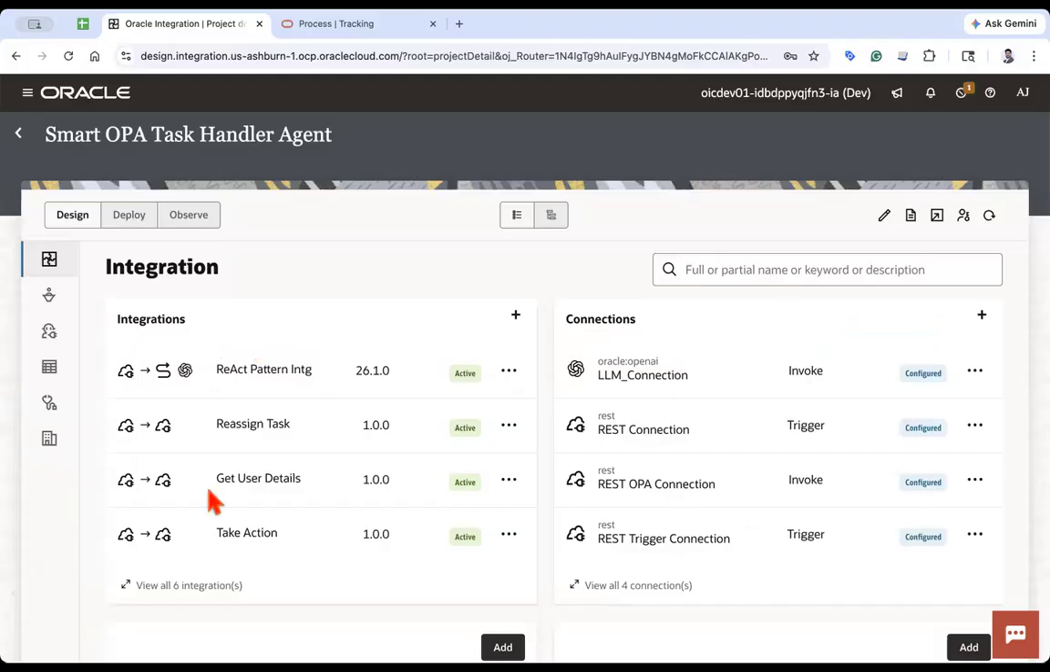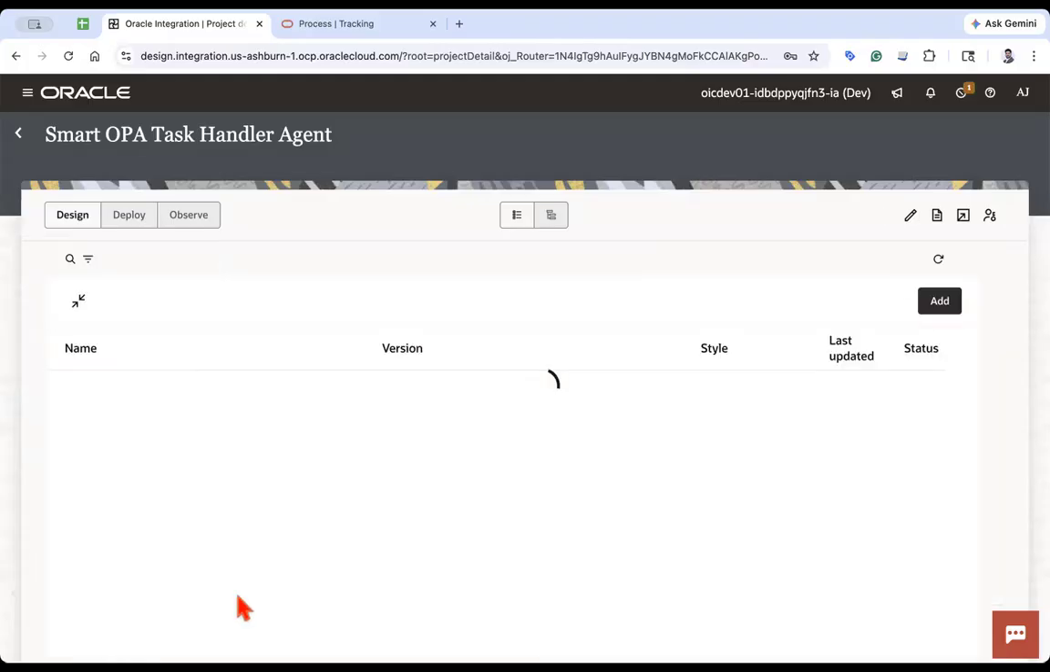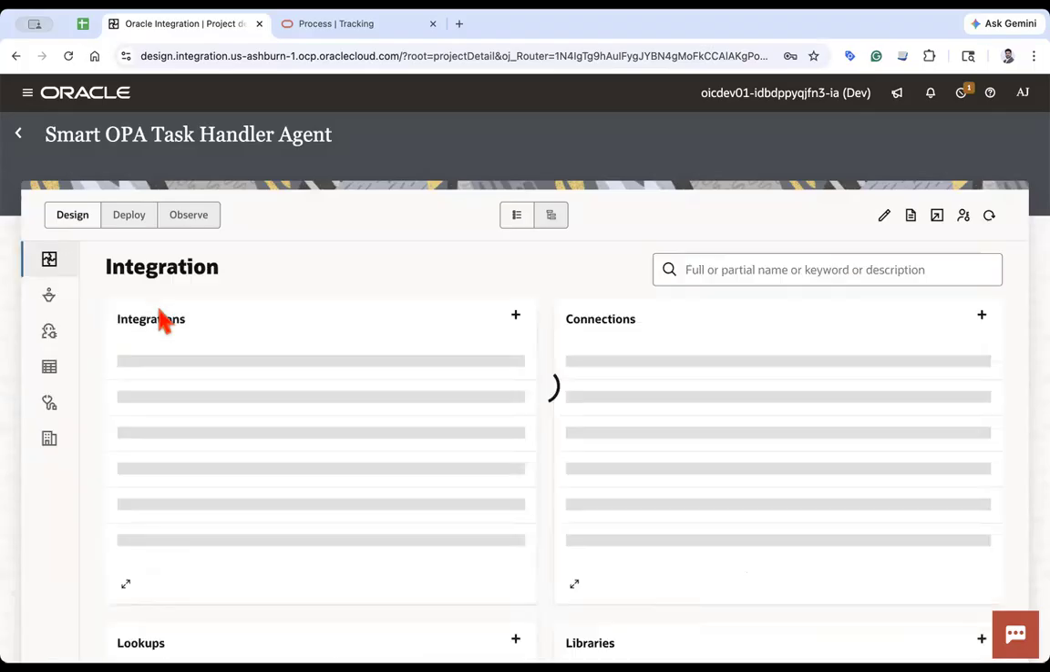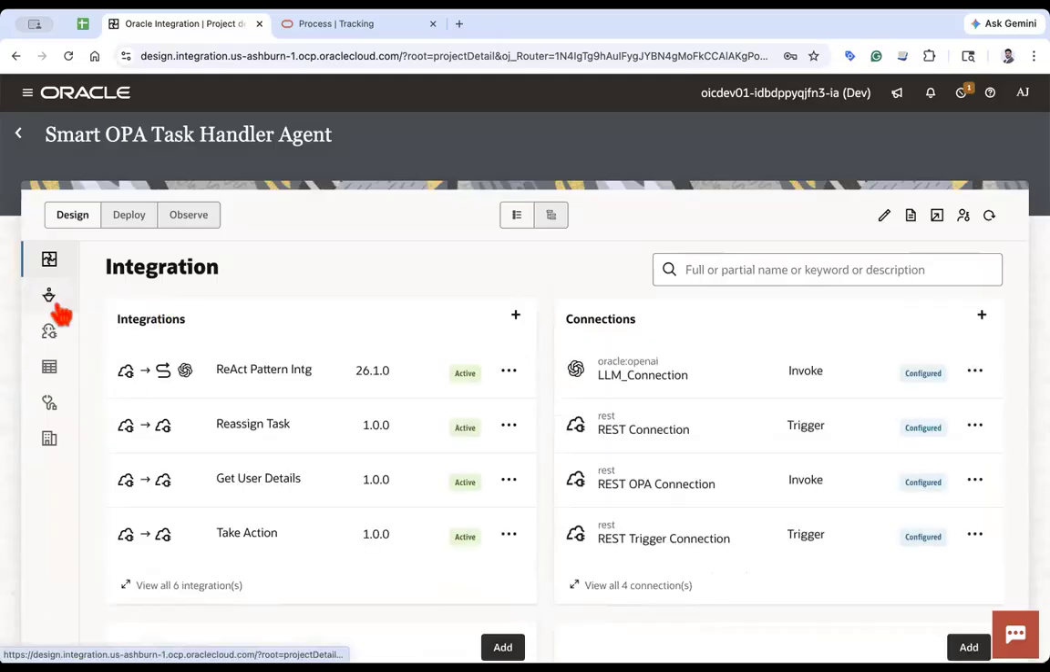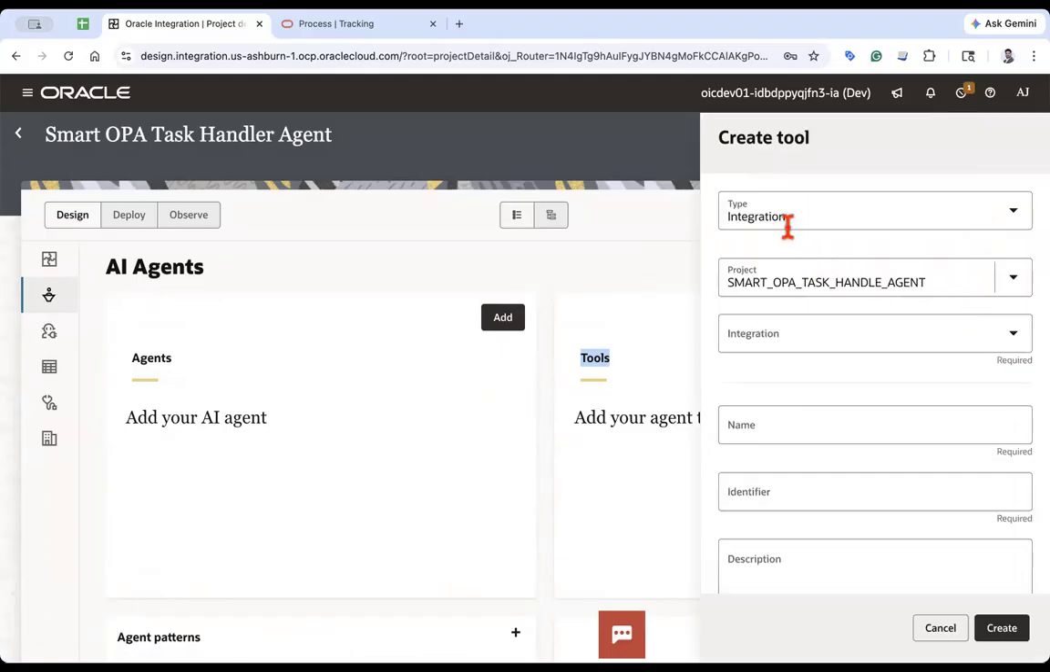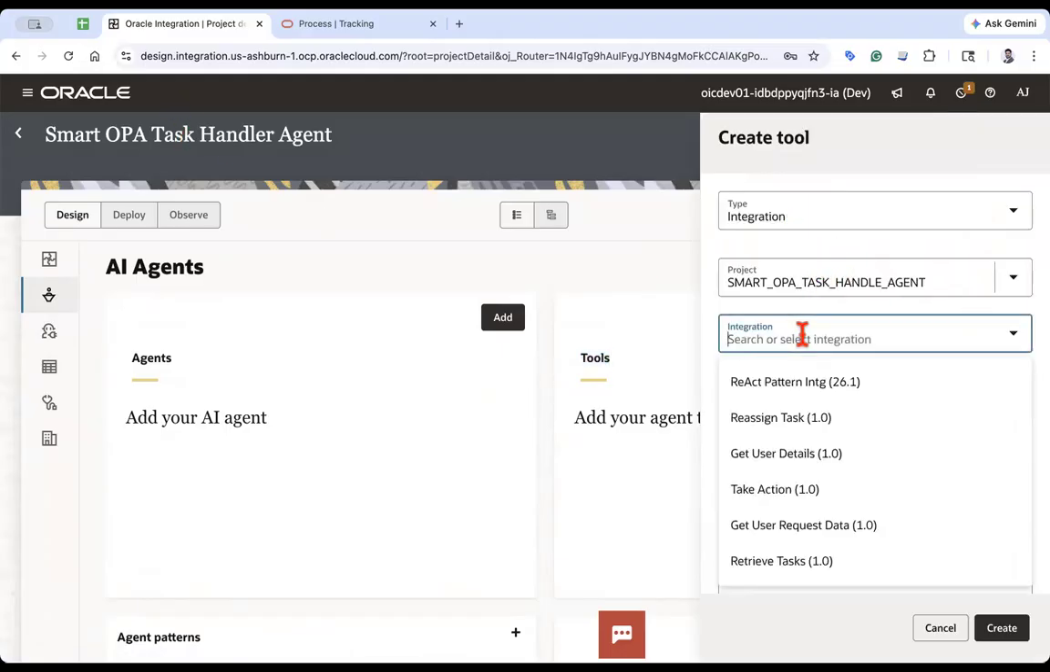Here, we have various integrations that we have created. We have retrieve task, take action, get user details, and reassign task. Let's expose all those integrations as tools. What you need to do is go here to tools and click add. For integration, you have this project, the same project, and it will show you all the active integrations. Let's say